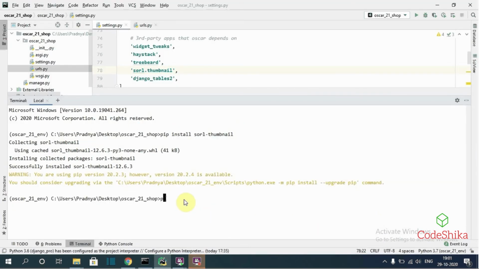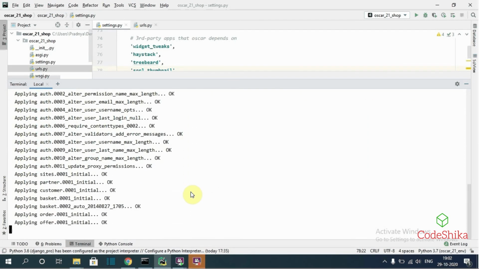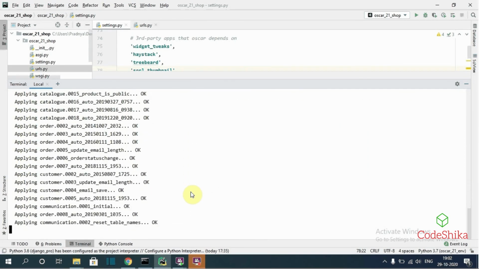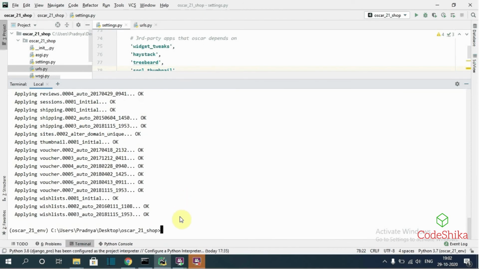Now let's type here python manage.py migrate. So this will take some time for creating Django database tables and Oscar database tables. So it created the database tables successfully.